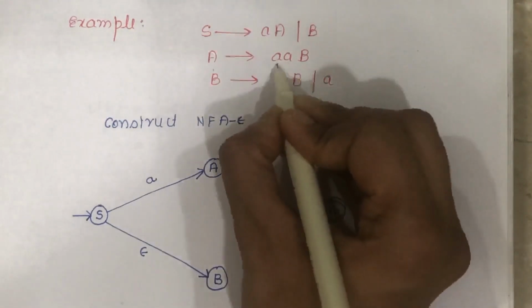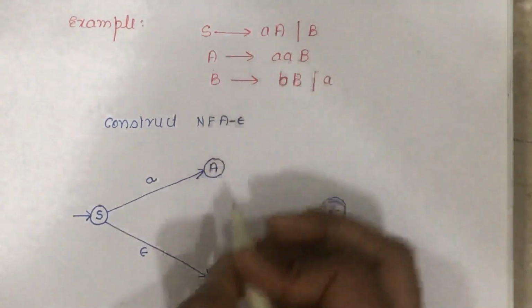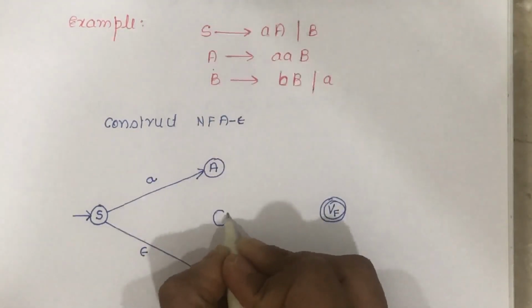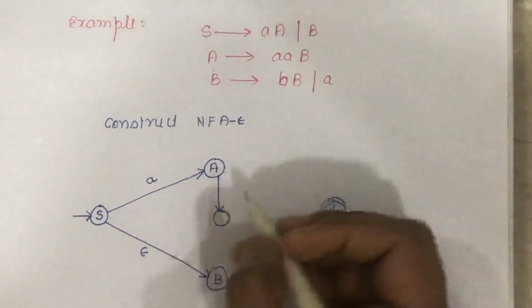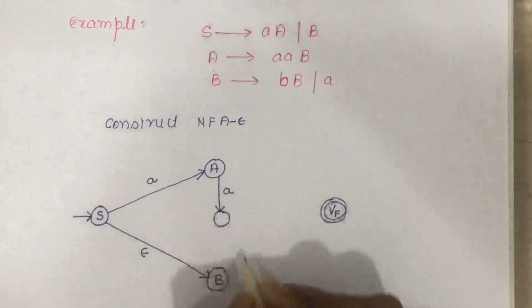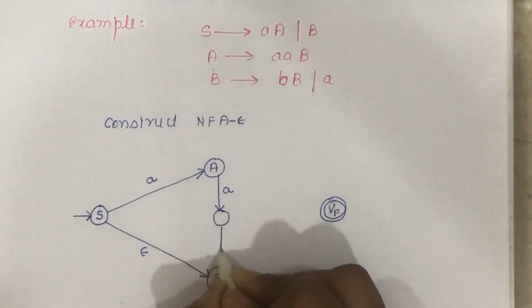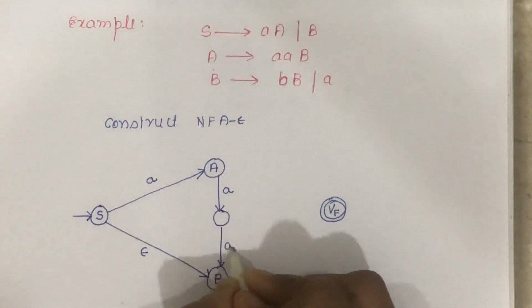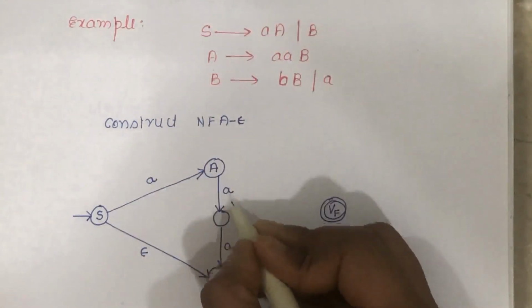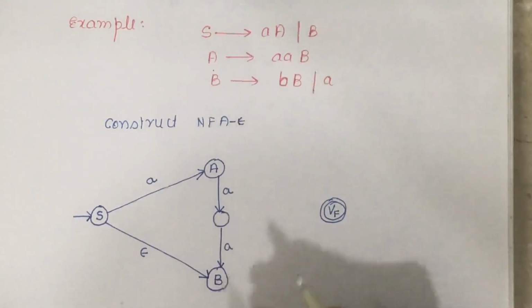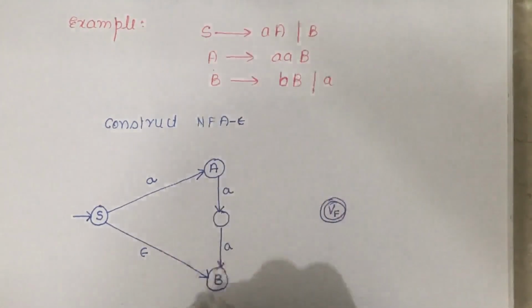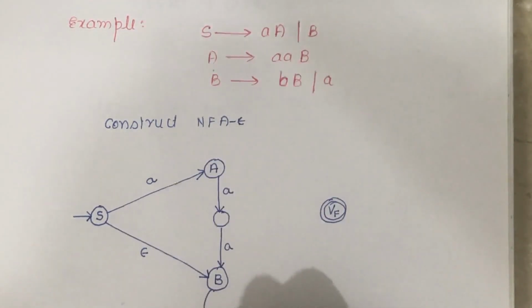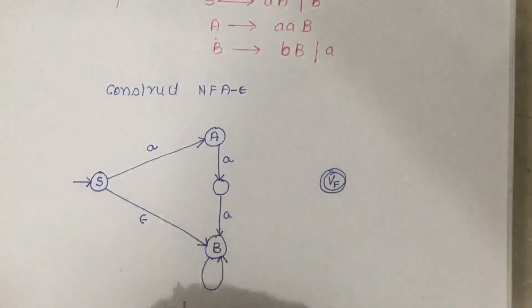For reaching B there are two terminals. So here we will mark one intermediate state, and the transition will be marked from A to B going through some intermediate state, for symbol A. So A to B. Now next is B to B. So at B we'll move back to B after reading symbol small b.